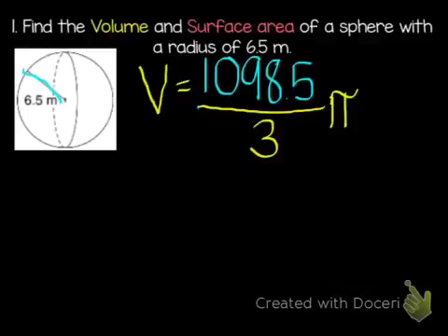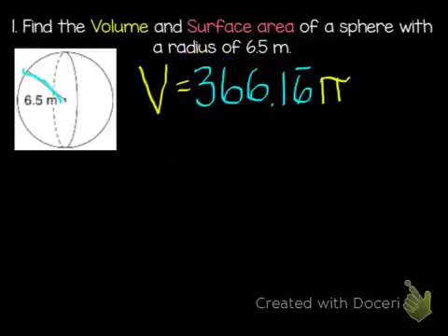We had that times pi on the top and then divided by 3 on the bottom. So the next thing that I'm going to simplify is going to be my 1098.5, divide that by 3. And that's still going to be times pi, so I'll leave the pi off to the side, which gives us 366.16 repeating, and we still have to multiply that by pi. So we're going to take that and put it into our calculator, and we're going to multiply times the pi button. And when I do that, I'm going to get a total of